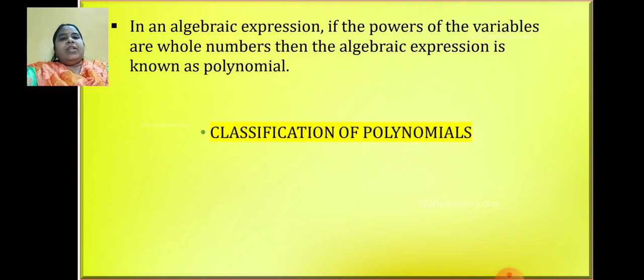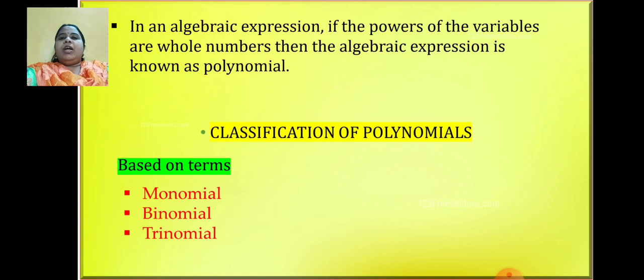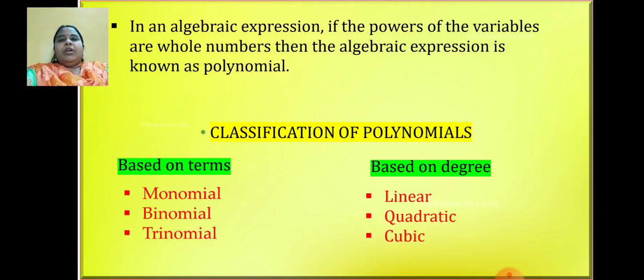After this, we have learned classification of polynomials, which was based on two types. First was based on number of terms, and it was divided into three types, that is monomial, binomial and trinomial. The next was based on degree, and it was again divided into three types, linear, quadratic and cubic. Now why are these important? Because this type of question can be asked as a definition, or I can give you an example and ask you to classify whether it is a cubic or a quadratic or a linear polynomial.